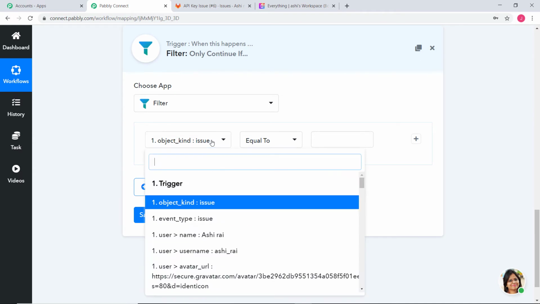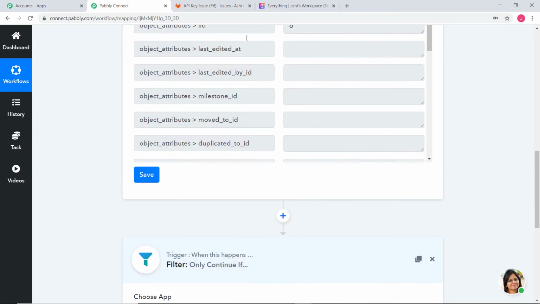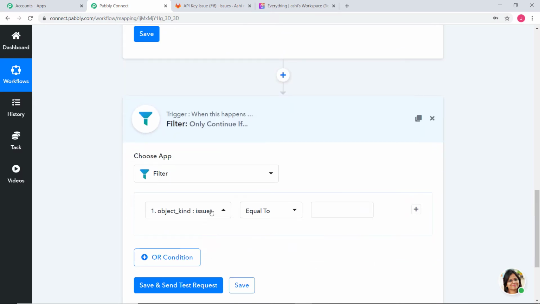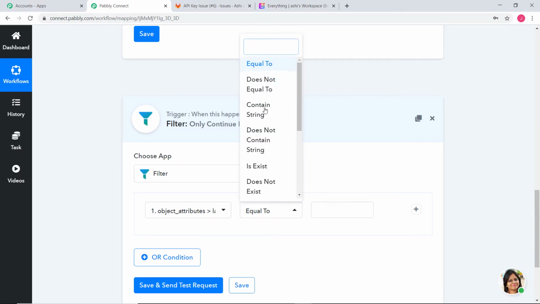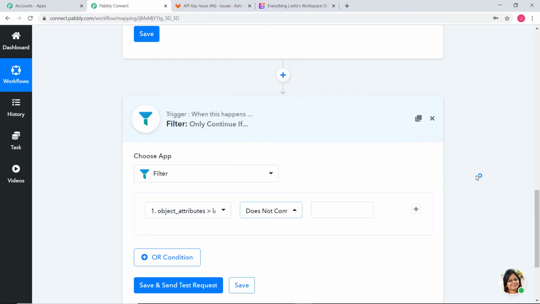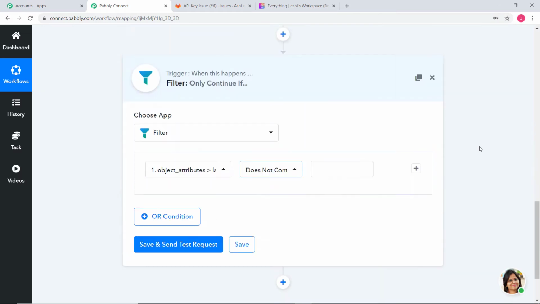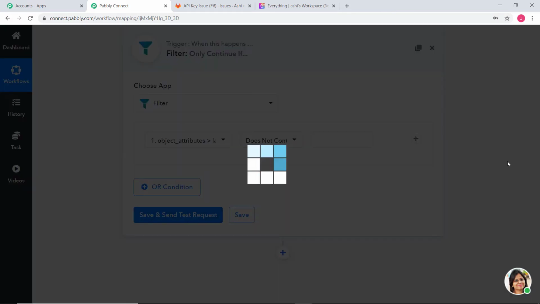Here I am going to map this field, object attributes last edited at, that is this one. Here I am going to write does not contain string. So whenever this field is blank, only then we want to create a task in ClickUp. Save and send test request.